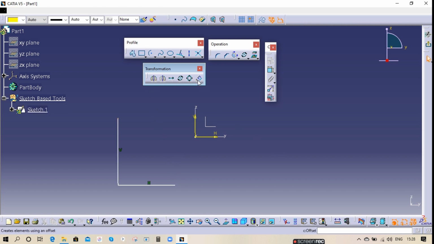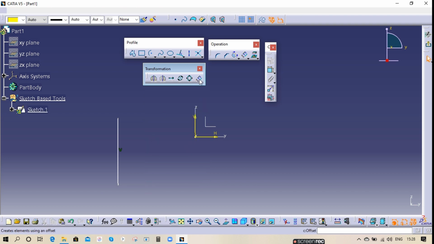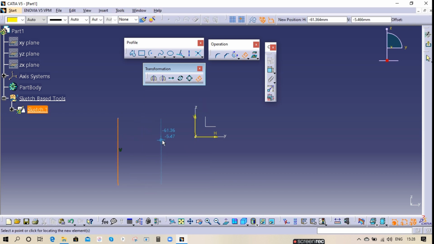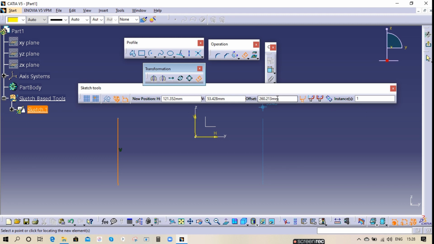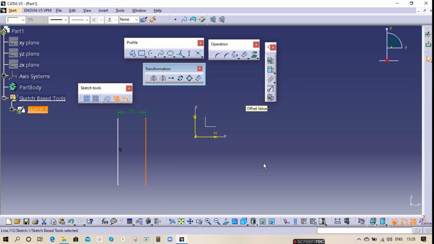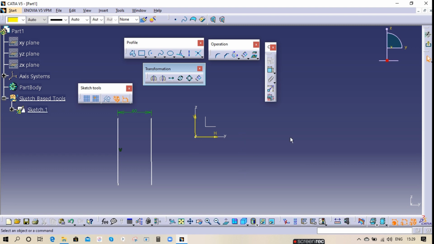Let's say offset, in the sense, I have one L shape profile. If I want to offset this, first highlight this one, pick. I think this end edge is not taking, we'll create one small line, and let's say offset this one. The same thing where you can offset to anywhere, any distance. So the distance horizontal, vertical, and offset. See, offset length. Let's say offset length is 50, and give tab. Okay, so 50, and you can edit here also. This is how offset will work.